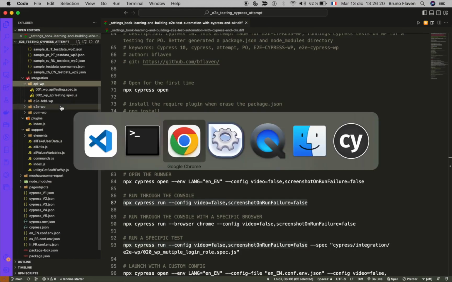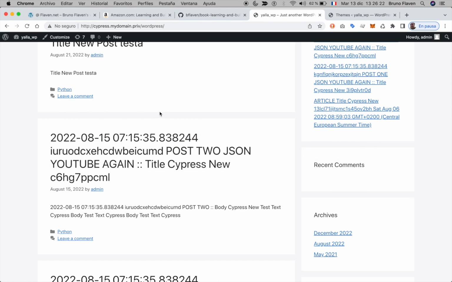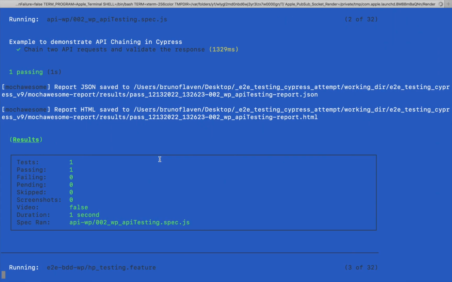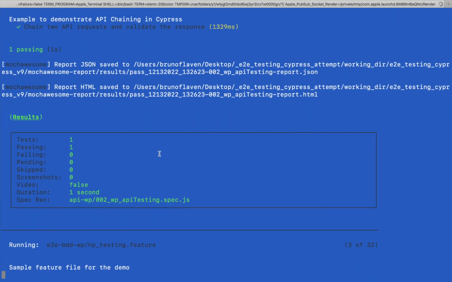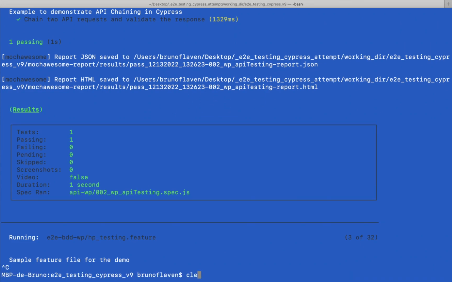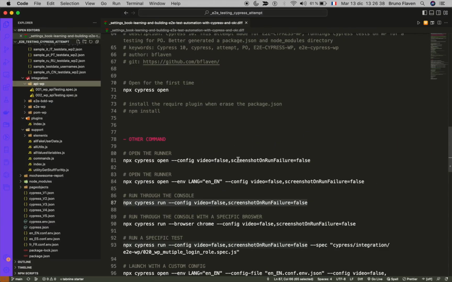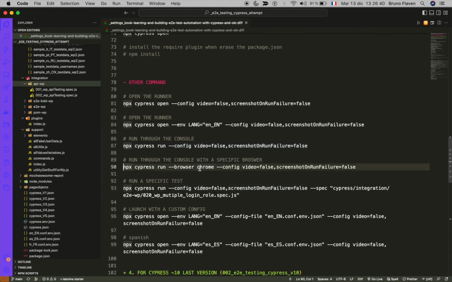So be sure to have loaded your WordPress, I mean, that your environment is okay, because when you're launching, you may have a lot of errors. Right here, I have configuration for reporting and so on, but everything is explained in the book, and if you don't want to buy the book, you can find explanations